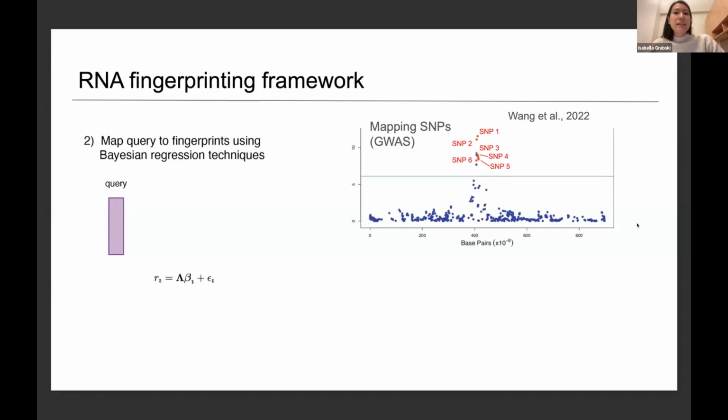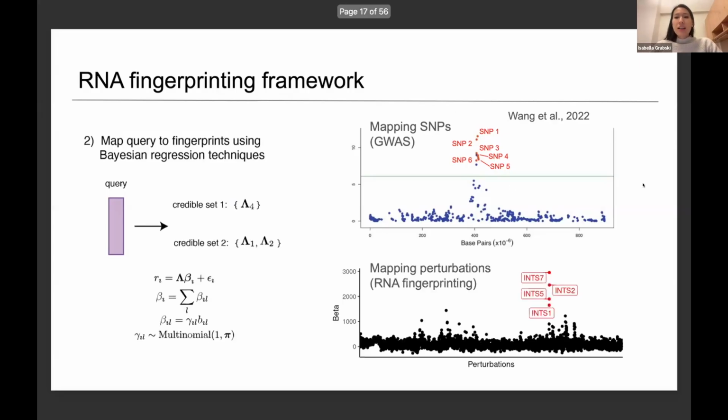When the causal SNP can't be identified due to this correlation, a so-called credible set of plausible SNPs, shown here in red, is reported instead. Analogously, in our approach, we can return a credible set of highly related perturbations if we don't have enough evidence in any individual match, and we can visualize this through our own version of a Manhattan plot. More generally, if we have multiple responses taking place in the same cell, we can return multiple credible sets, each corresponding to a distinct effect and describing its associated uncertainty. So, under this framework, we can summarize even complex patterns of uncertainty in an interpretable way.